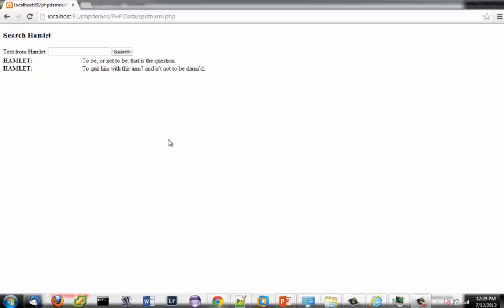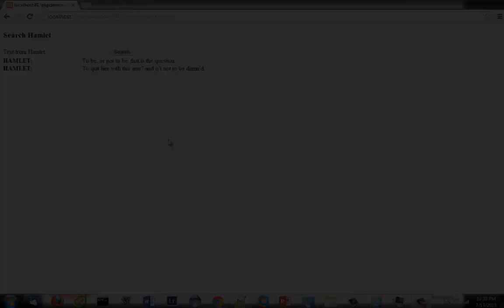Apparently it shows up one other time. "To quit him with this arm, isn't it not to be damned?" So "not to be" shows up twice in the play of Hamlet. So this is just a simple demo of how you can use XPath to search